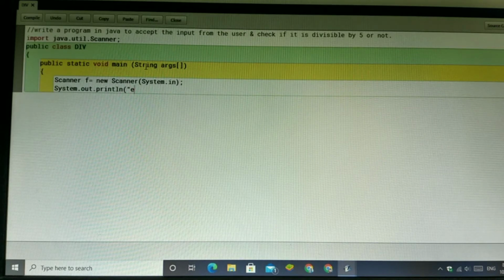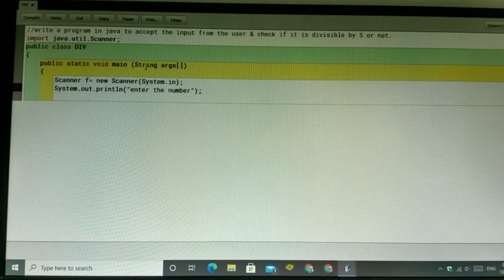Enter the number means the user can enter any number. This is a message that will display on the terminal window: System.out.println, enter the number.